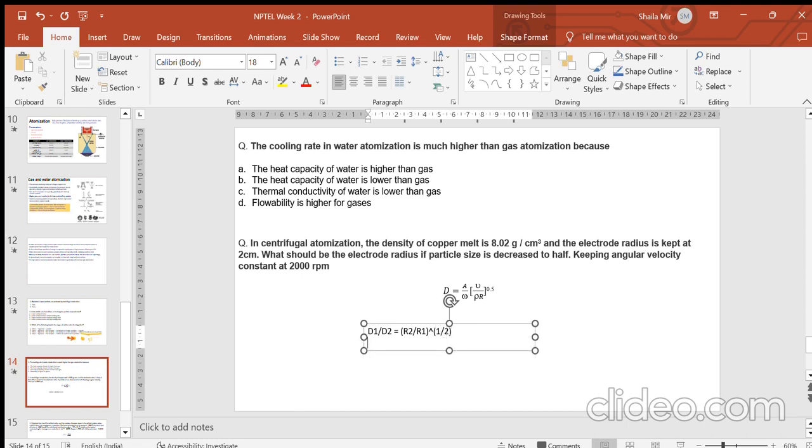So we are saying that the particle size is decreased to half. So we can say that D2 is equal to 1 by 2 of D1, which will be